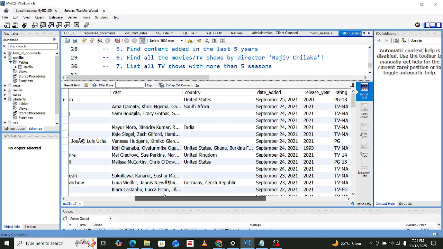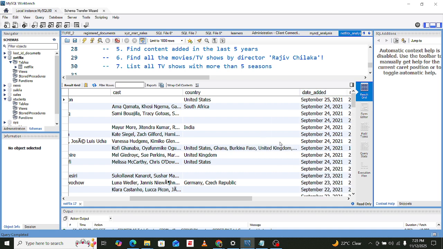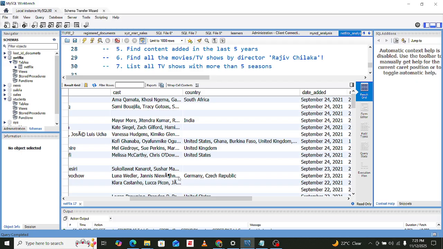You notice it is acted in a number of countries: the United States, and I'm assuming some scenes are in Ghana, and we even have Burkina Faso. There are so many: UK, Germany, and Ethiopia. And another one here is acted in Germany and Czech Republic.